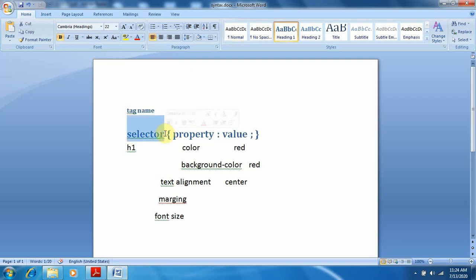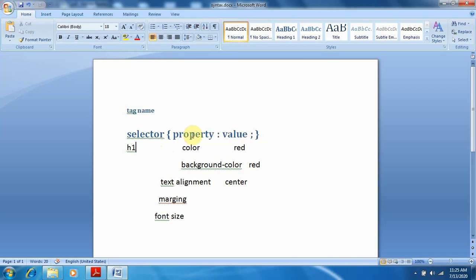Selector means the tag which we want to design. We basically call the selector a tag name, meaning in this we have to write the tag which we have to design. I want to design the h1 tag, that's why I am writing h1 in place of the selector. Okay, now next we have to start the curly braces, then end the curly braces.